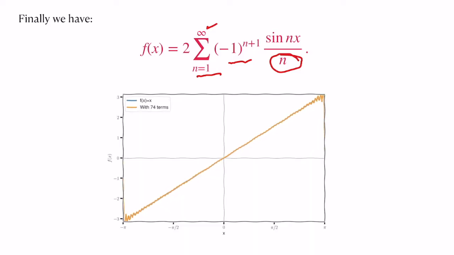And you can also see that the function takes the value of 0 on the boundary. There are two reasons for this. One is the mean value on the boundary is 0. Second, we have used the sine nx. It satisfies the Dirichlet boundary condition, so it should satisfy 0 no matter what you do. It is not going to be anything else, because for all n, sine nx is going to be 0 as it satisfies the boundary condition minus pi and plus pi, and that is what you get. The value of the function is 0. No matter how many terms you add, they are all 0 on the boundary, and that is clearly reflected here.